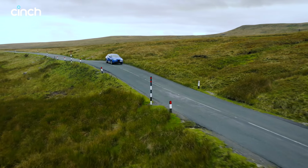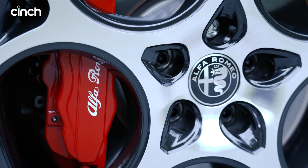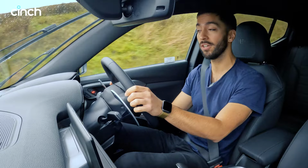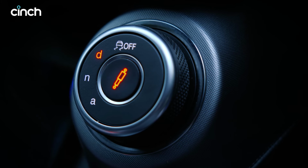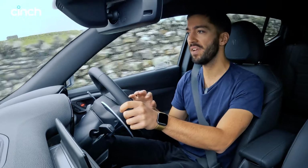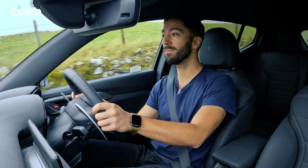And because we've got the smaller Teledial 19-inch wheels, there's a bit more thickness in the tyre than there was in the demonstrator I drove earlier this year. And I think that's paid dividends, because the ride's really good and it's very composed. But even when I have the DNA dial set to D, which is for dynamic, and when the suspension's set into its stiffer mode, it's been doing pretty good. It's definitely fidgety and it's definitely firmer, but it's in no way uncomfortable. And even going over these big cambers and hills, we haven't hit the bump stops of the car,